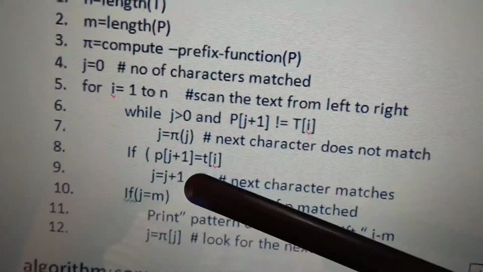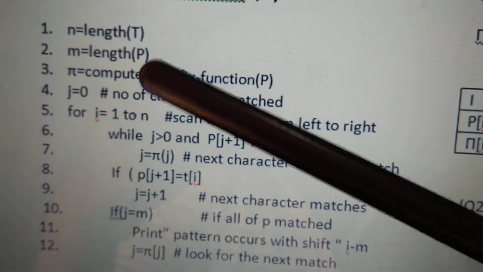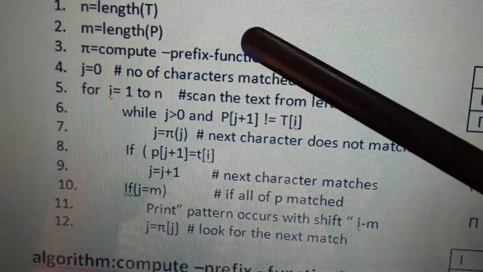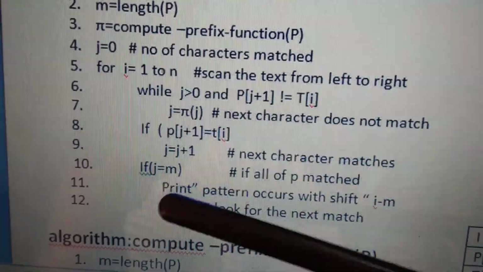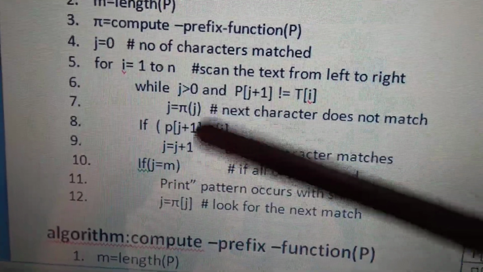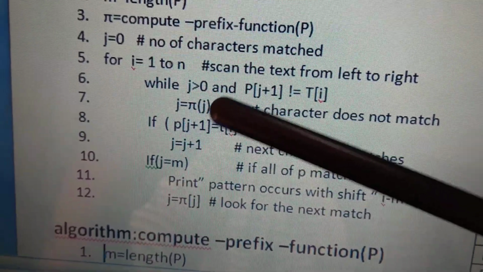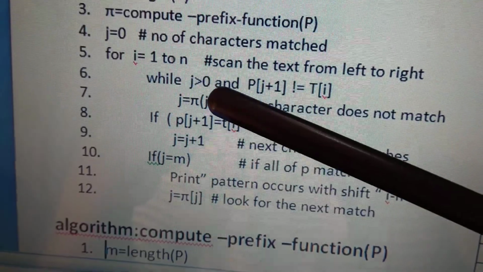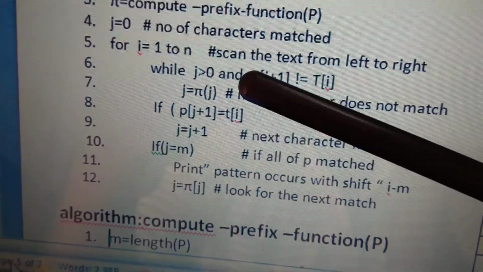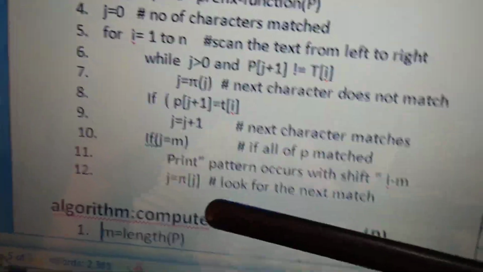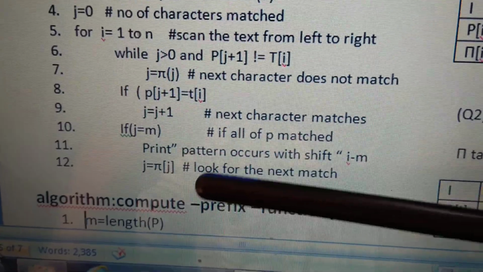It is a very easy algorithm. Nothing more is there, we are only finding the n and m values, the pi table, and using the for loop we compare the pattern character with the text character. If a match is there, we just increment j; if a match is not found, j moves backward to the pi value of that character. After all the pattern characters have been compared, we see that if j equal to m, a match is found. Next, once a match is found, we go for the next match.